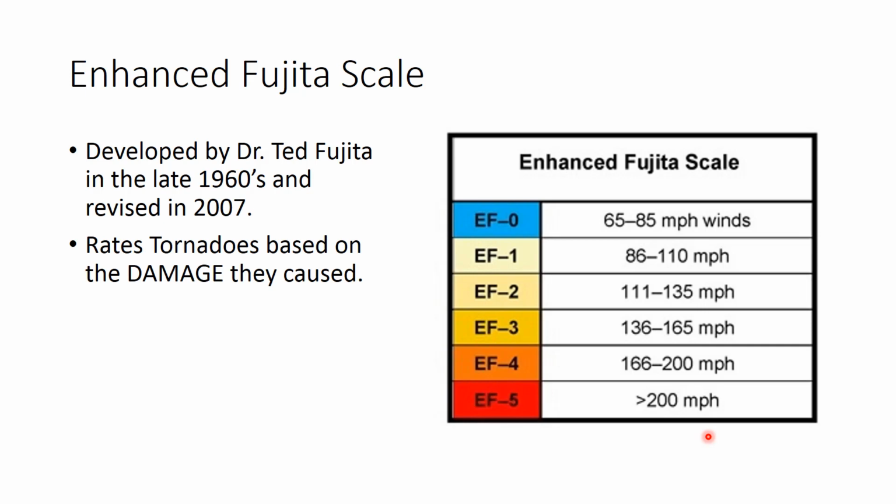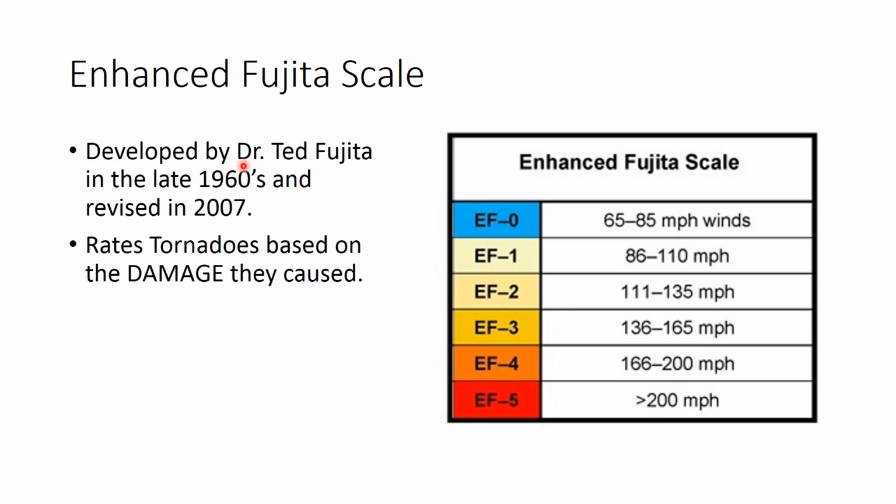No two tornadoes are created equal. Some tornadoes are capable of ripping shingles off of your roof. Other tornadoes are capable of ripping your entire roof off. And other tornadoes are capable of just destroying your entire house. Well, in order to be able to categorize each of these individual types of tornadoes, a scale was created in